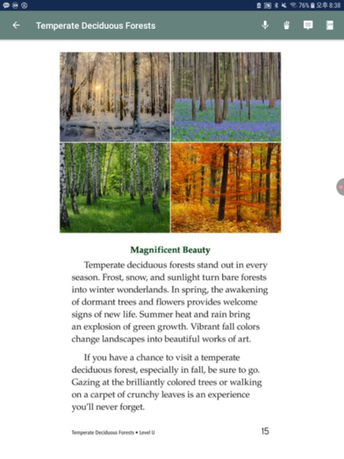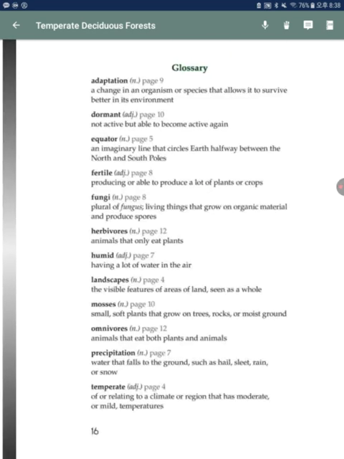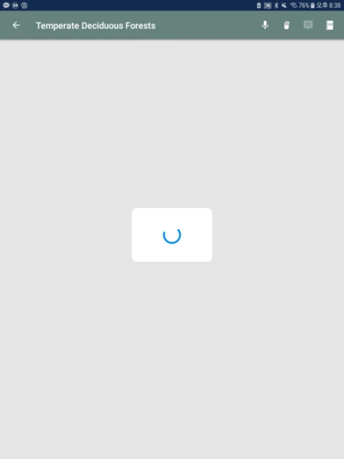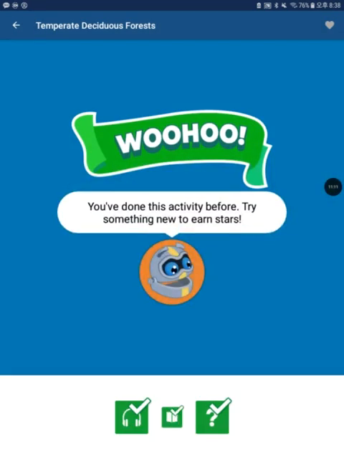Snow and sunlight turn bare forests of dormant trees into winter scenes, and flowers provide welcome signs of new life. Summer heat and rain bring an explosion of green growth. Vibrant fall colors change landscapes into beautiful works of art. If you have a chance to visit a temperate deciduous forest, especially in fall, be sure to go gazing at the brilliantly colored trees or walking